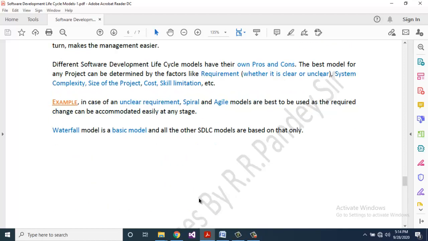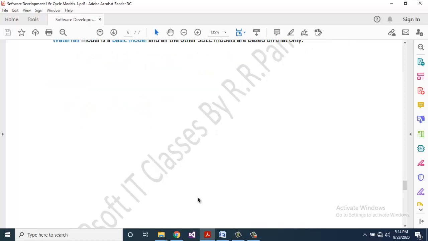Waterfall model is a basic model and all the other SDLC models are based on that model.